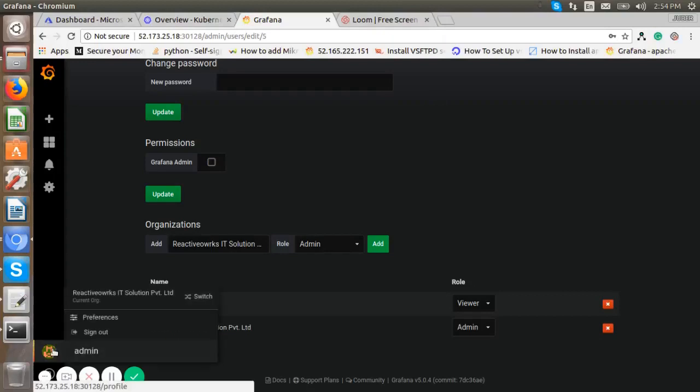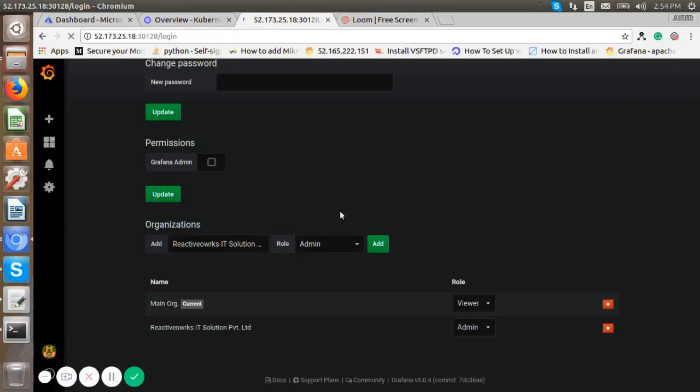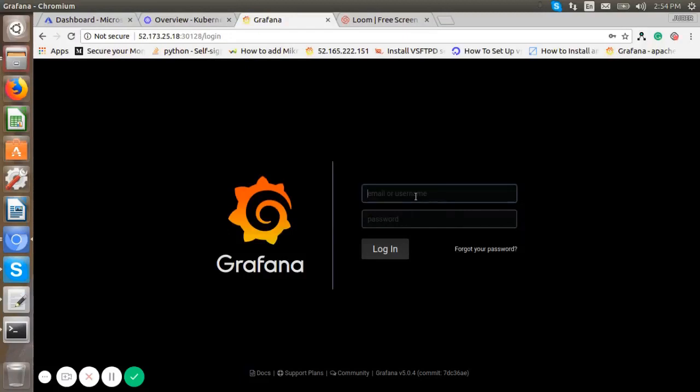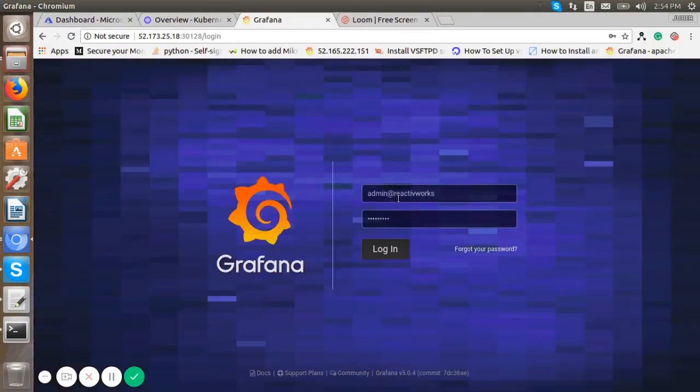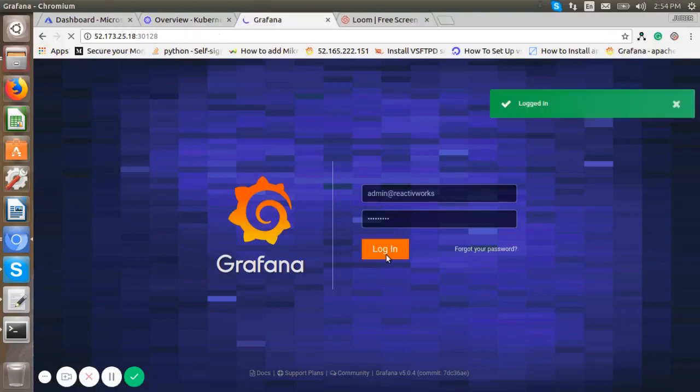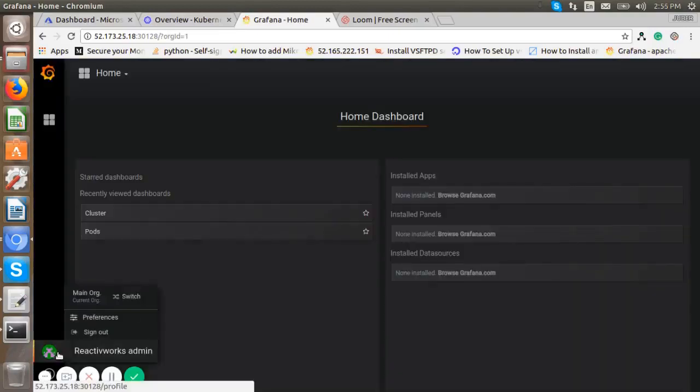For that, we have to log in as the ReactWorks admin user, admin at ReactWorks. Now we can log in using the ReactWorks admin user credentials.